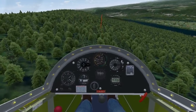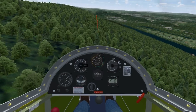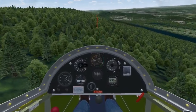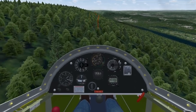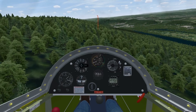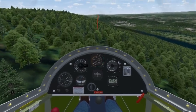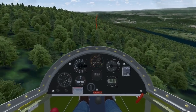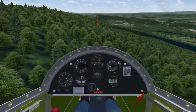Look at that altimeter. See how it's unwinding. My airspeed's very high. I'm going about 80 miles an hour. It looks to me like I'm doing fantastically. But in fact, I've just lost about 250 feet, even though my height in relation to the mountain has hardly changed at all. And so if we keep driving along,